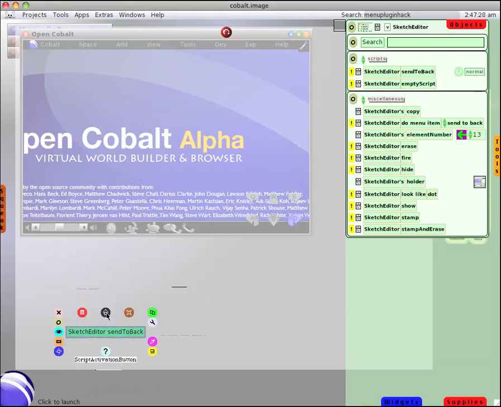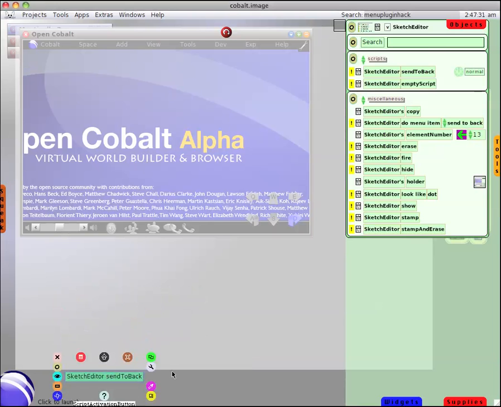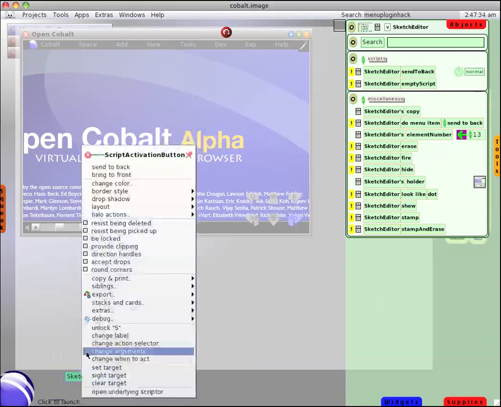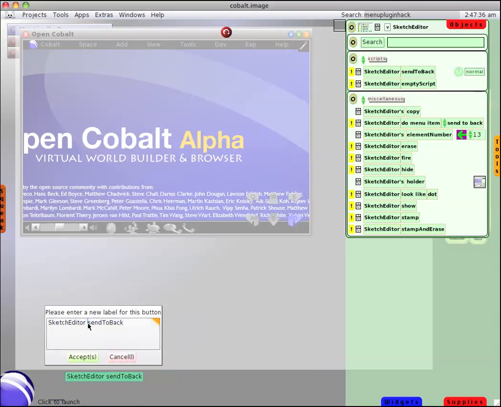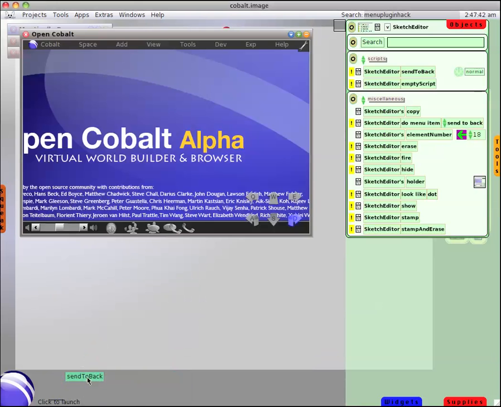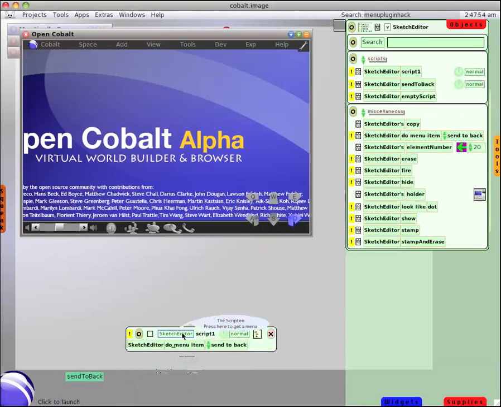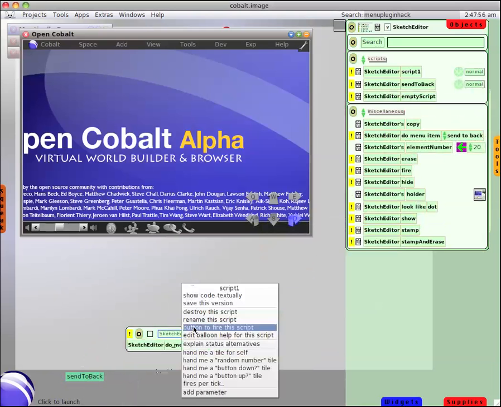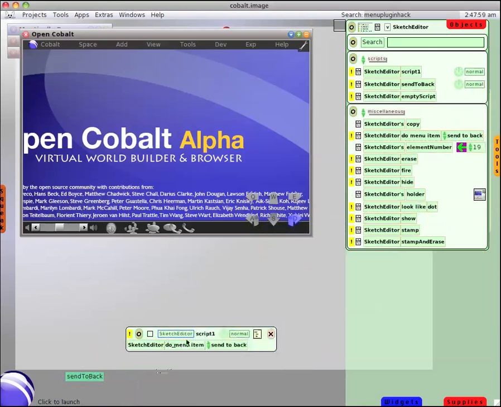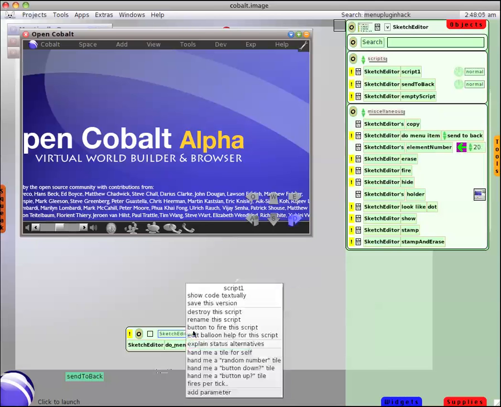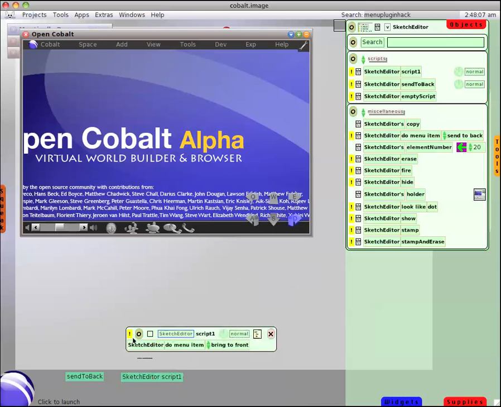let's drag it down. Whenever you click in that little box, rename it one more time, change label, it's going to send the associated morph to the back, which it did. Now I'm going to grab another one of these little eToys buttons, and I'm going to ask for a button for it, button to fire the script. First of all, let's make it bring to front. Alright, button to fire the script, put it here, close it out,